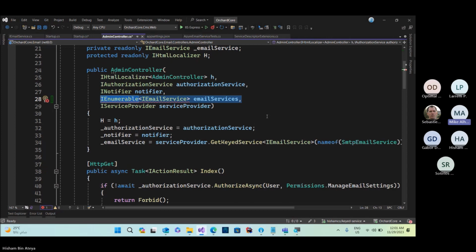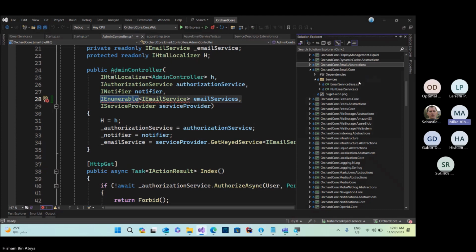So you're saying you might want to configure multiple services at the same time, and then based on your need, you can pick and choose which one you want? Yes, and I don't know yet what the story for that will be, but keyed services are the answer. That's also the example I gave with cache. We might not just have one cache, like Redis, everything in Redis. We might have three different distributed caches now. And in the end, they might all be the same Redis. But now we have a way for each component to say what kind of distributed cache they want. They could have a different one now. So that is opening some things.